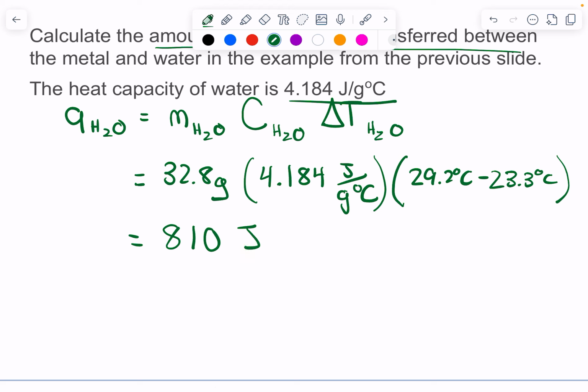I'll punch it into my calculator again just to be sure, but I'm pretty sure I did this part already. Yeah, I did because we were talking through it. Now, be sure that you do that subtraction in parentheses or that's not going to come out right. Yep. So 809.6 joules. 0.7. Okay. So this is the amount of heat,